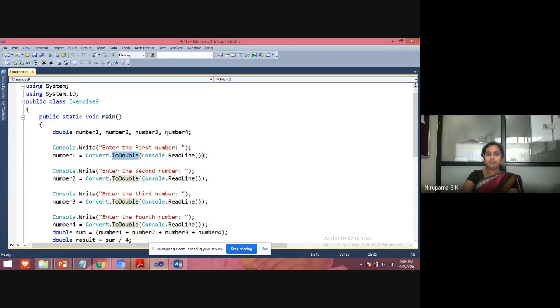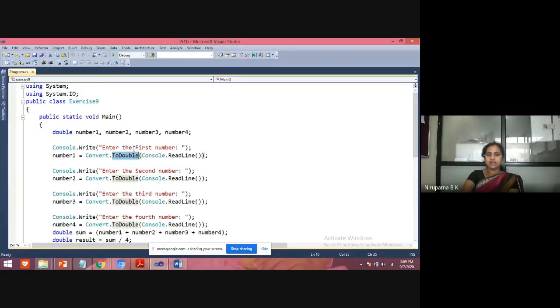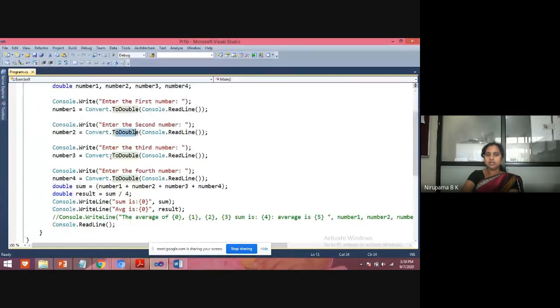Here I am taking 4 numbers, number1, 2, 3, 4. Enter the first number, read it, convert it to decimal and store it in the variable number1. Similarly, take the second number, convert it to decimal and store it in number2. Similarly for 3 and 4.